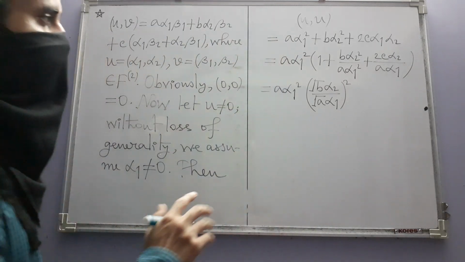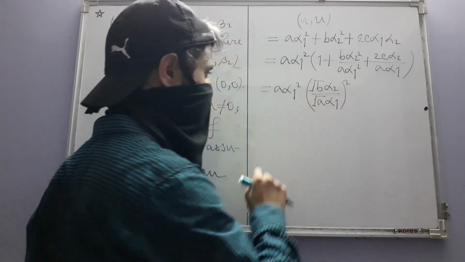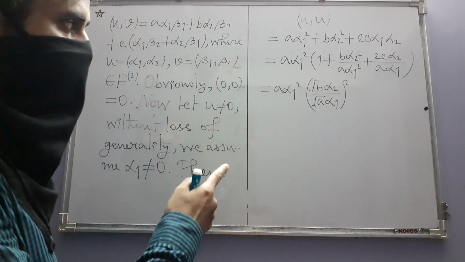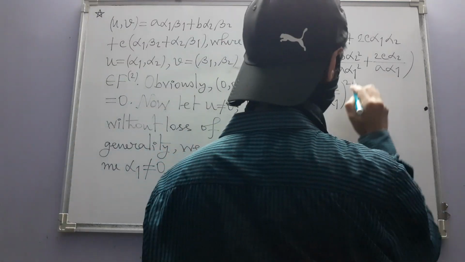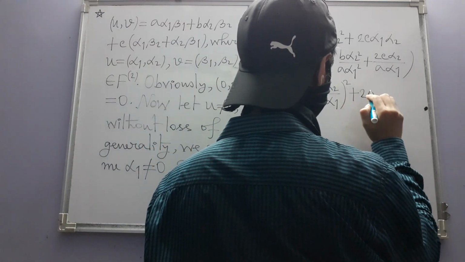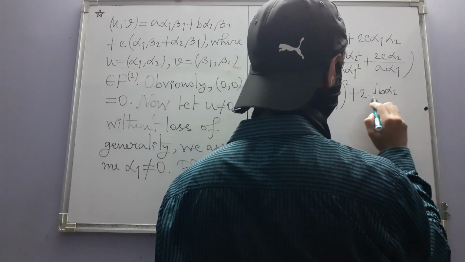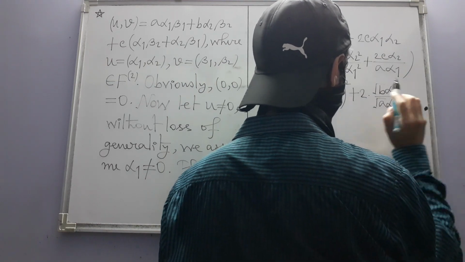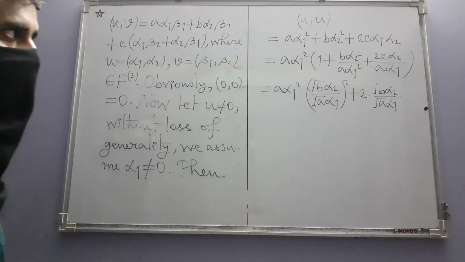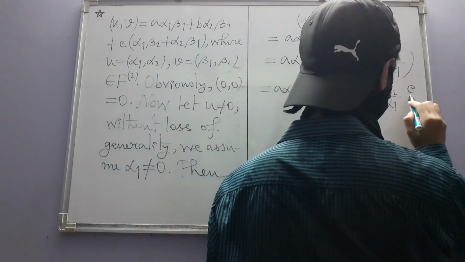Note one thing carefully, that because we have assumed both a and b to be positive real numbers, there is no problem with this. Plus 2 times this, if we write, but originally what we had was this, so that means it will be